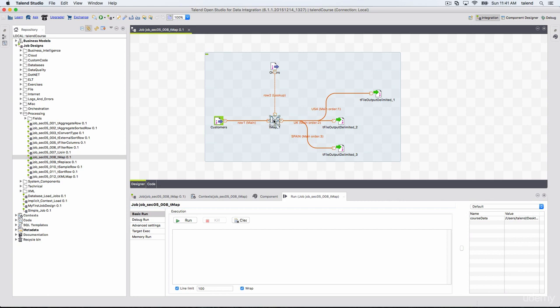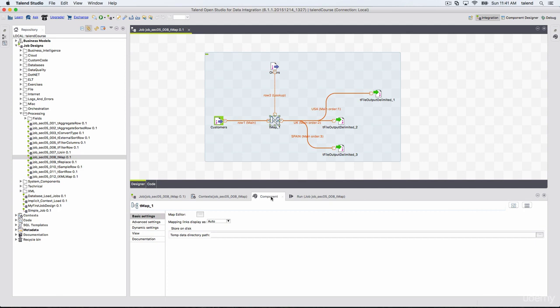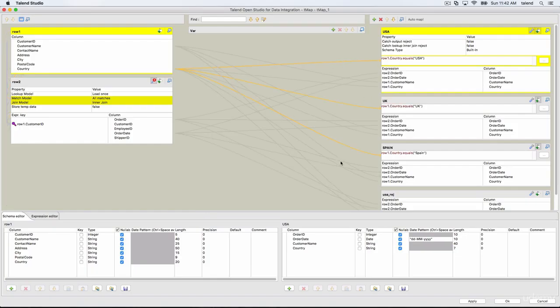When you click on this and go to the components, you will see an option called map editor. You don't have much here because all the options are in the map editor. Click that, and this is the map editor. As you can see, the component itself is very busy. So let's go through each and every option that we see here.